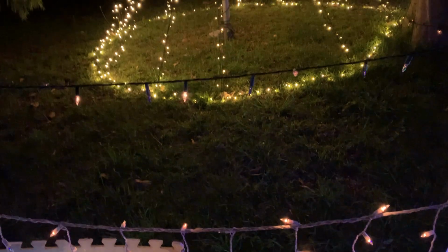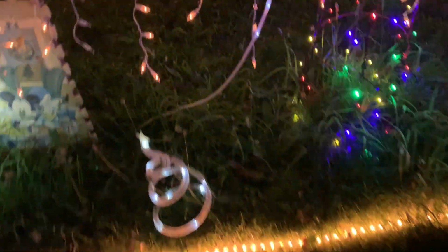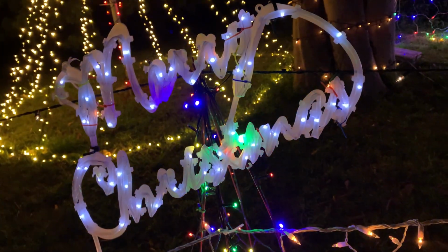You can see the blue and white one there twinkling. We've got 4 spirally Christmas trees. There's 1, 2, and there's 3 and 4. And right here we got, so you see these little coloured stakes in the ground there, little fibre optic decorations. We've got a Merry Christmas sign,